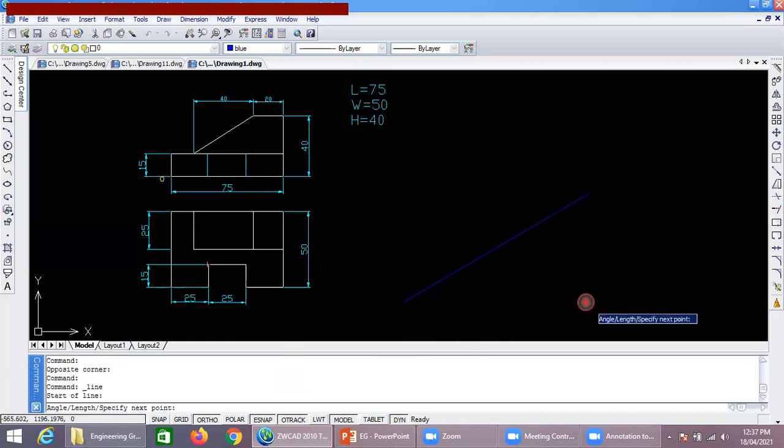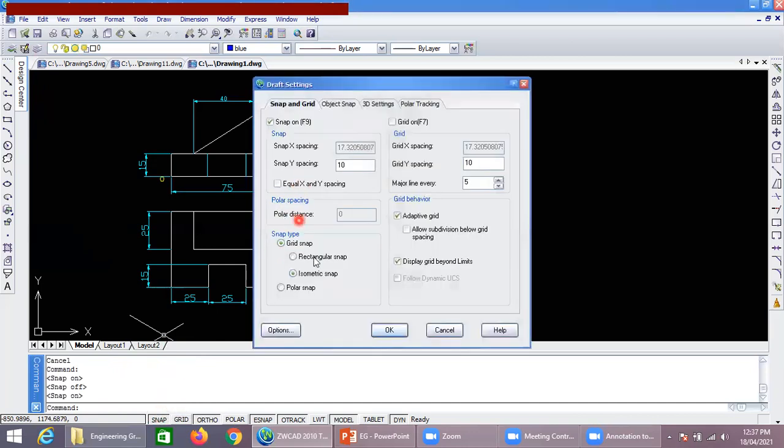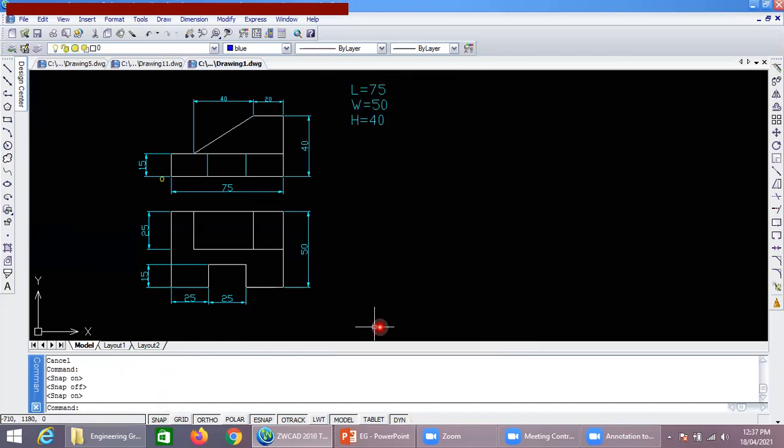Ortho mode is on, so the straight line will be there. First, we will draw a regular baseline.